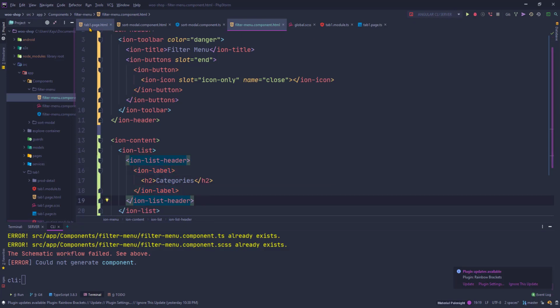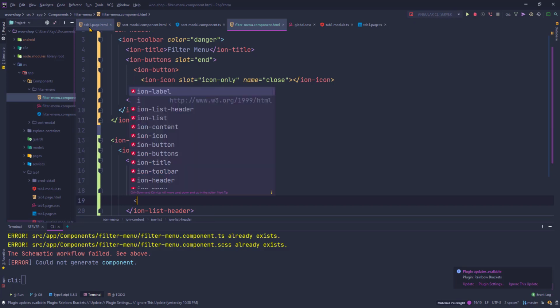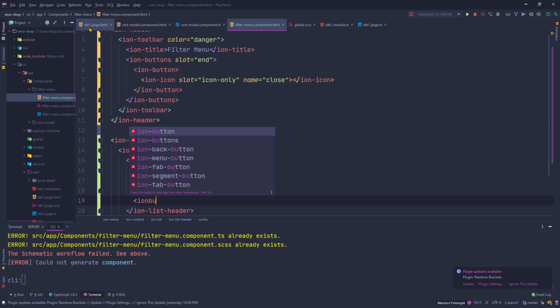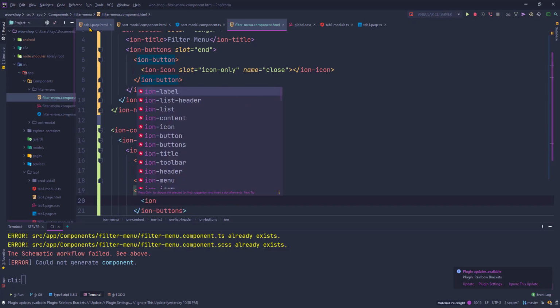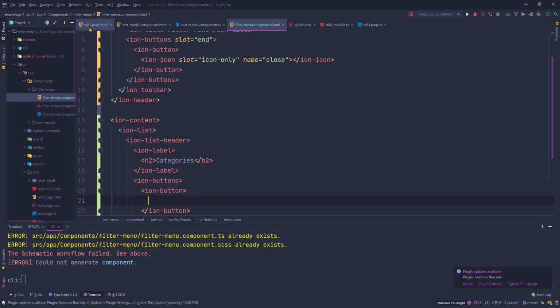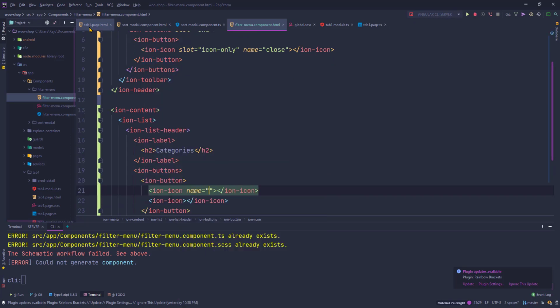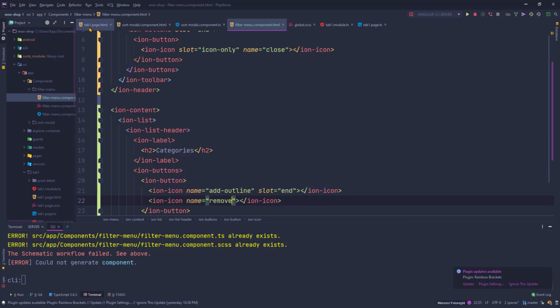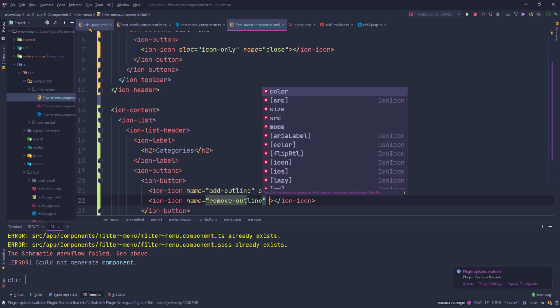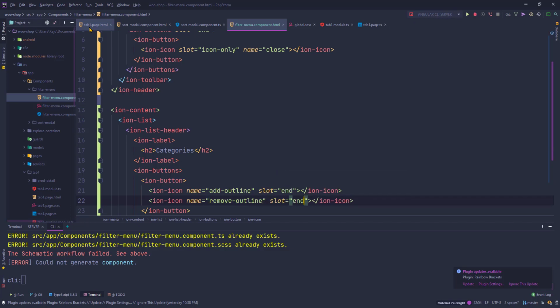then below the label I'll use ion buttons wrapper again. Okay, and I'll place two icons here. First one will have a name of add outline, slot will be end. Second one will have a name of remove outline. These are plus and minus symbols. Okay,